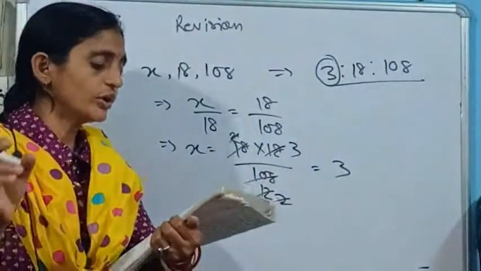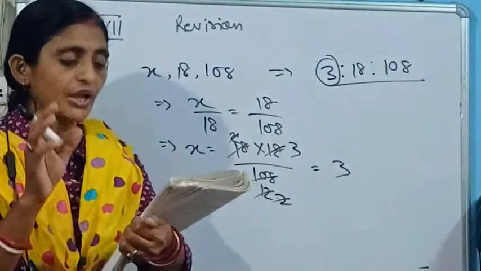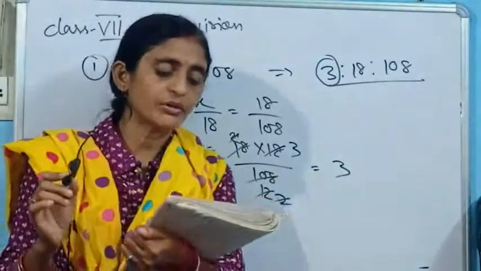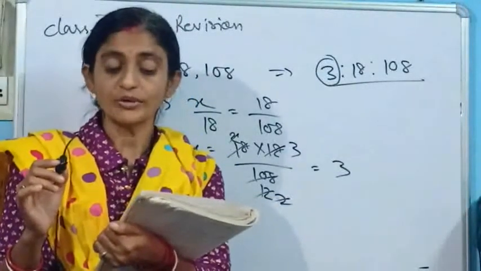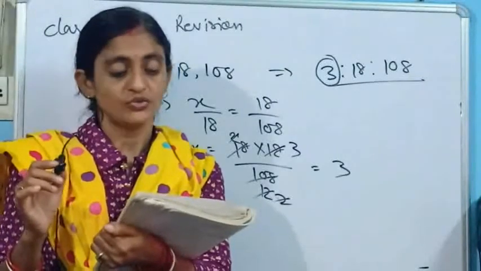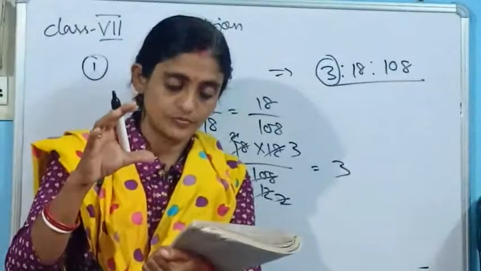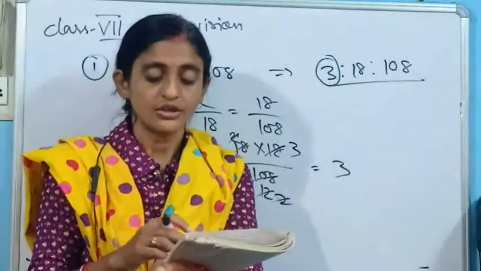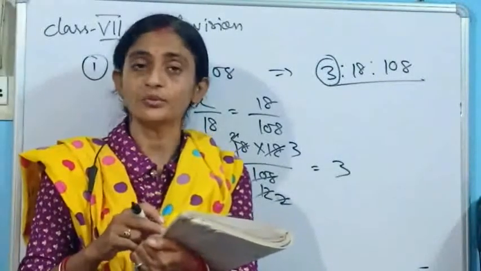Come to one more question that has been given in this. I am taking the last question of that part. If 40 men can finish a piece of work in 60 days, in how many days will 75 men finish the same work? Here the amount of work is fixed. So 40 men take 60 days. Then in how many days will 75 men finish it?